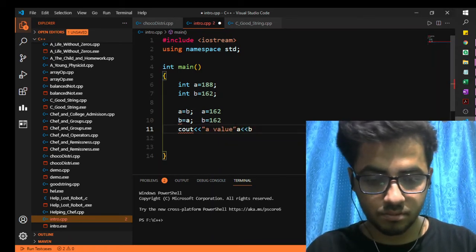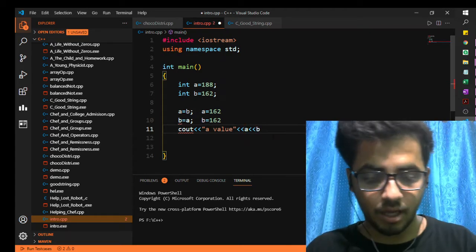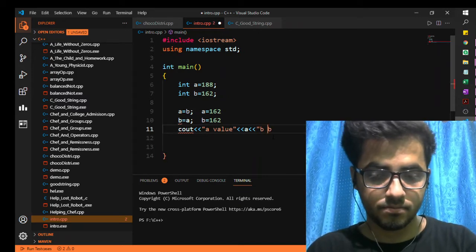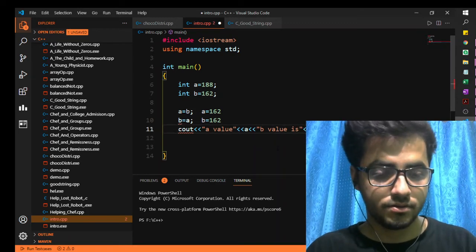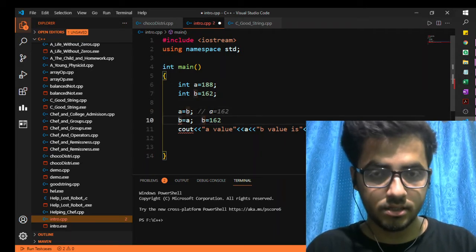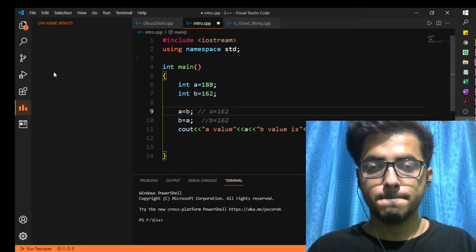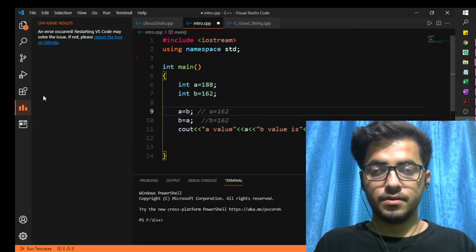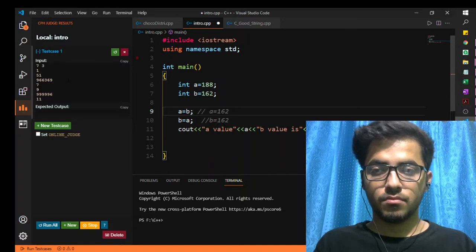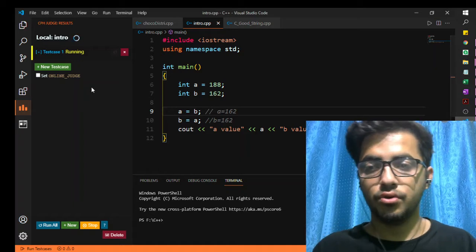So let me also show you this by writing some formatting so that your output can be seen more clearly. So here it is. Let me also comment these lines. Let me also delete them, and we are ready to go.